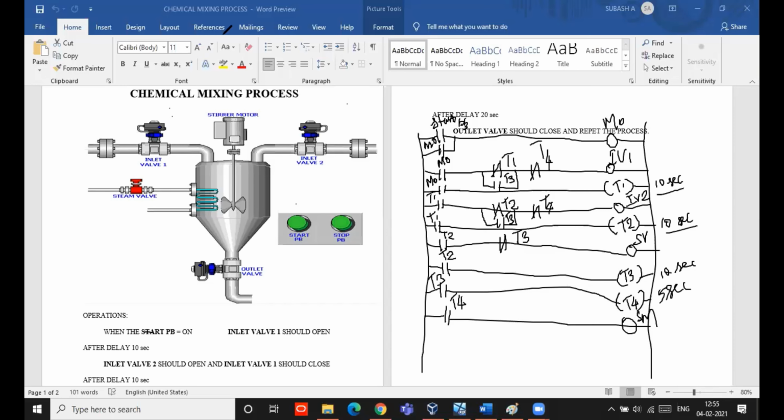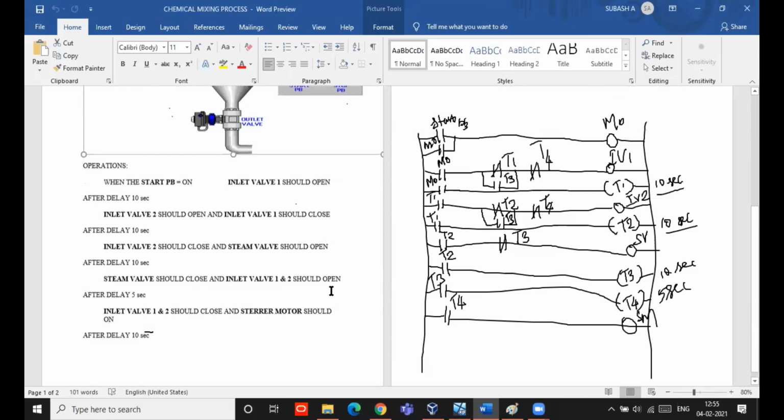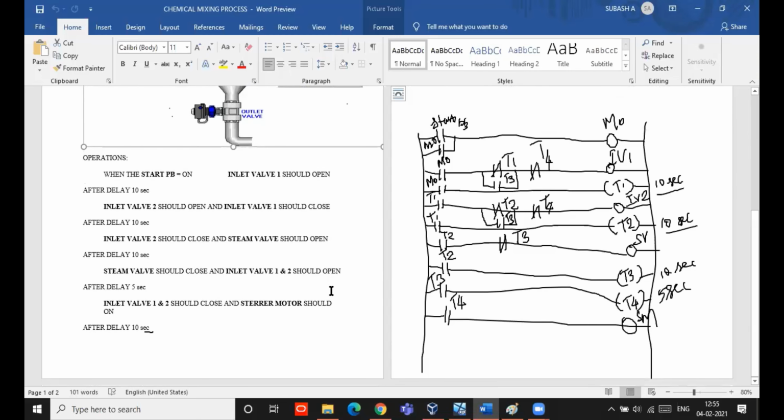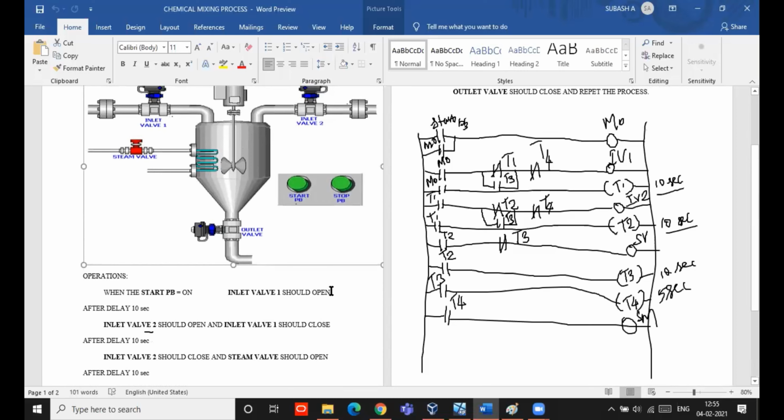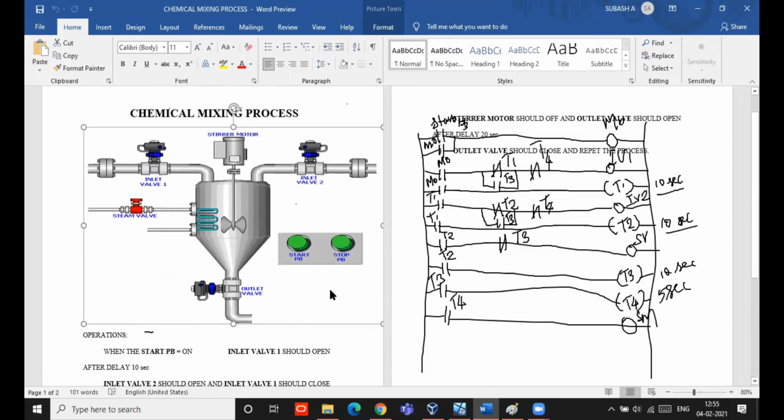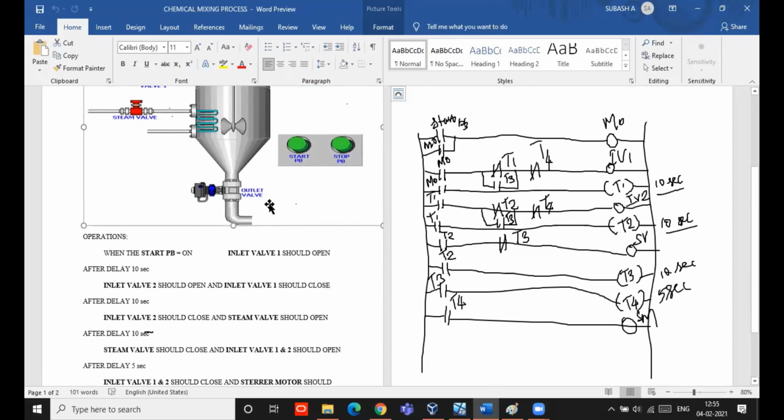So now what will happen after this time delay? The stirrer motor is on, and after another 10 seconds, what should happen? The stirrer motor should be off and the outlet valve should open.